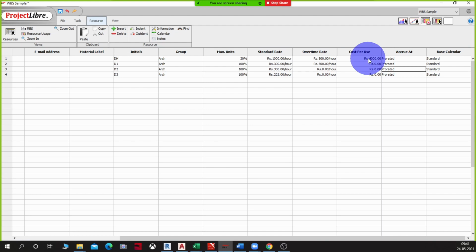Agreed. What I'm trying to ask you is, is there any possibility that this 4,000 can be broken down? This 4,000 could be for your traveling and accommodation and some other things, right? Yeah. So the cost per use is basically your addition of overhead itself. So it's a lump sum amount that you add, like 20% overhead costs.